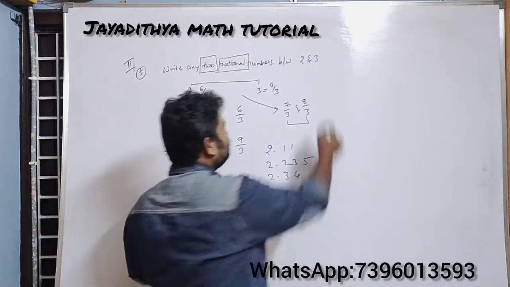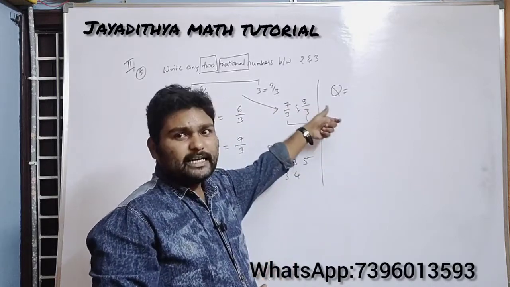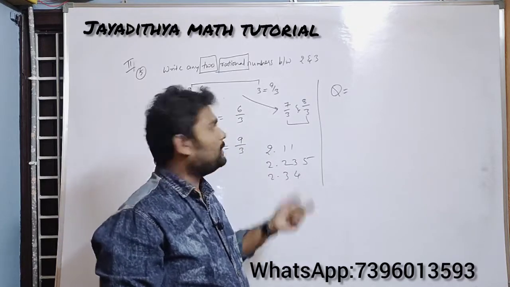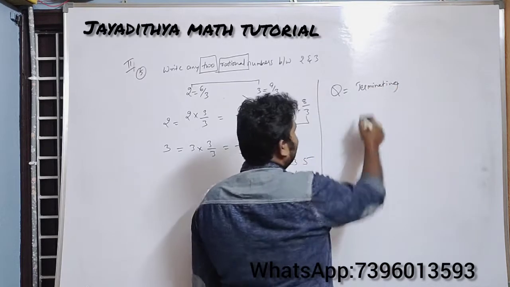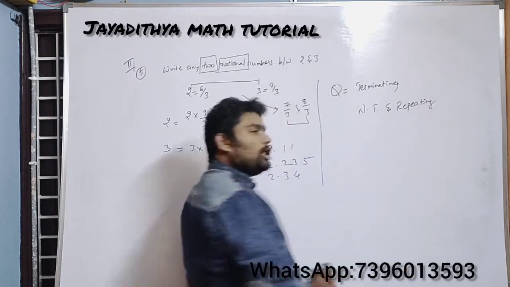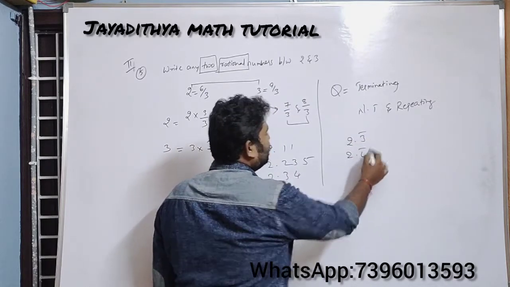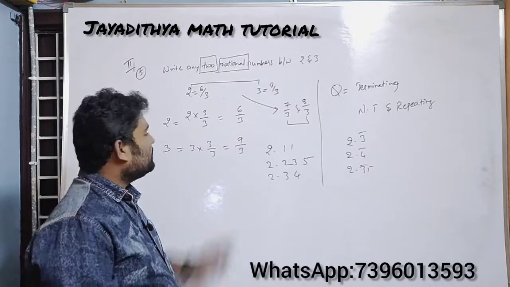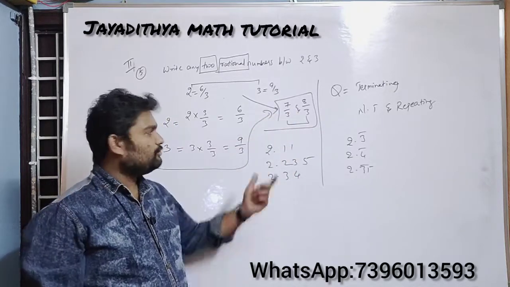repeating decimal. So you know the definition of a rational number. In decimals, actually, P by Q form is a rational number, but here he has not mentioned any such condition. So simply you can write any numbers. In decimals, if it is terminating, it is rational. Even if it is non-terminating and repeating, it is also a rational number. For example, 2.3 bar is a rational number, 2.4 bar is a rational number, 2.35 bar is a rational number. Like that you can write any number of numbers. But if you observe, the solution is only this one. Just do the simplification, then write the answer, and your answer is completed.